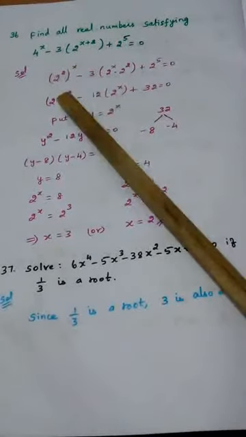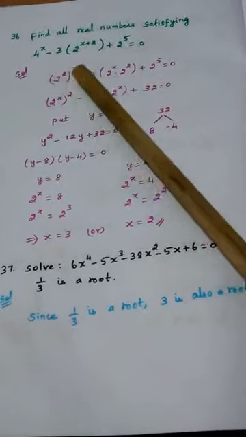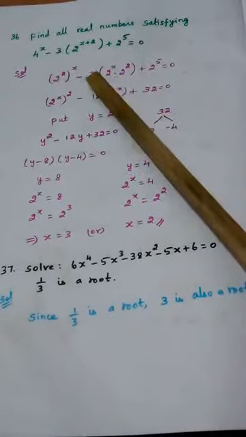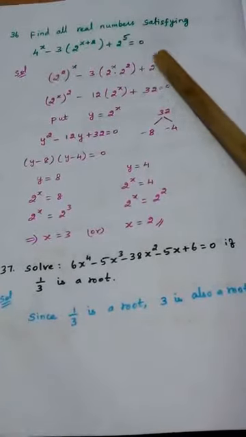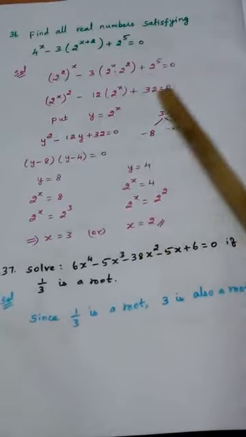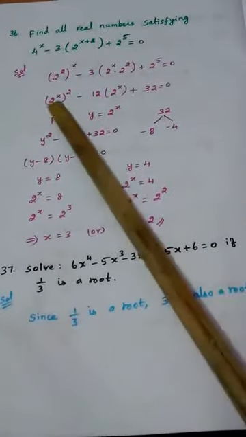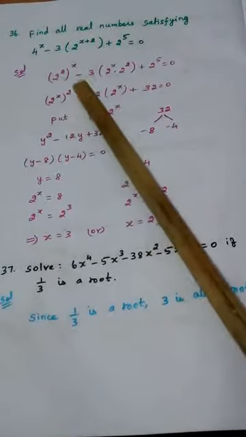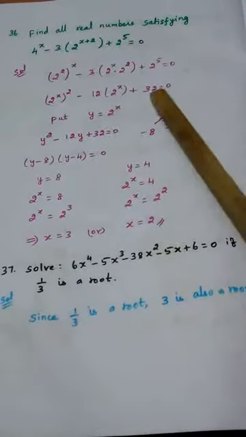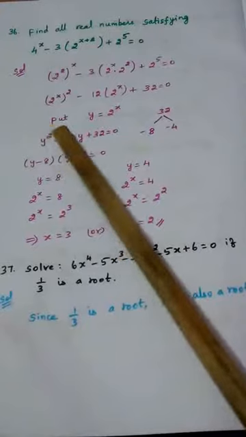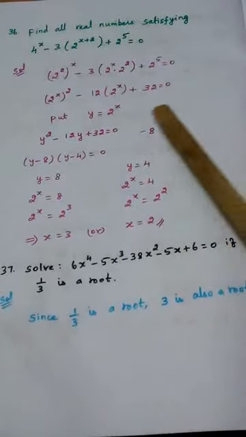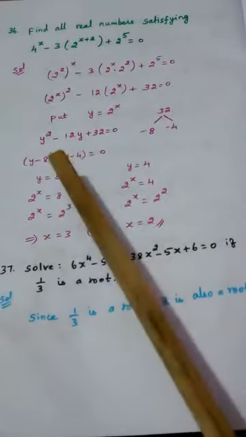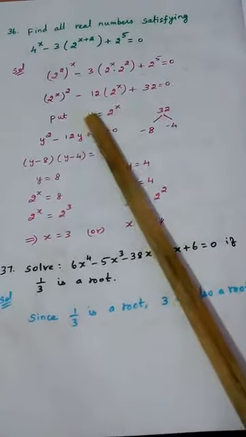I am just bringing x inside, taking 2 outside, because 2 powers we can write anywhere. Minus, what is 2 square? 4. 4 into 3, 12. 2 power x is written. 2 power 5 is 32. Now the equation comes like this. Here I am going to give a substitution for 2 power x. 2 power x is written as y. So what happens here? y square minus 12y plus 32 equal to 0. Now it looks like a quadratic equation. Just factorize this and find the two factors equal to 0. So two values you will be getting. But what is y? Y means we have given a substitution called 2 power x.